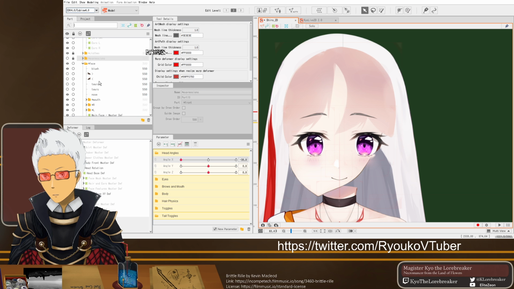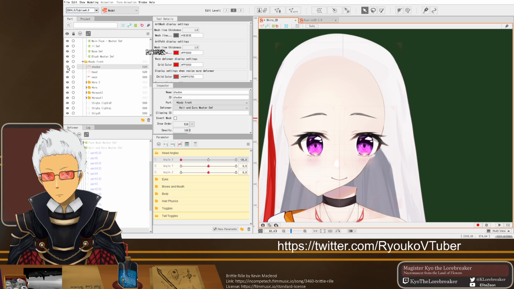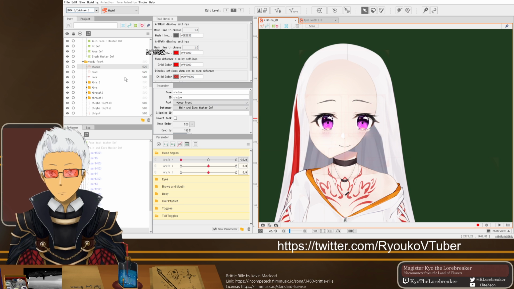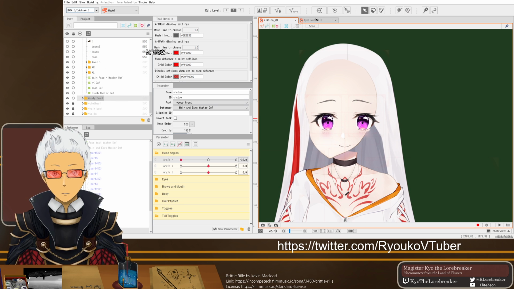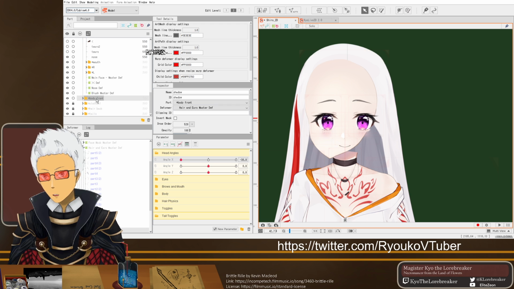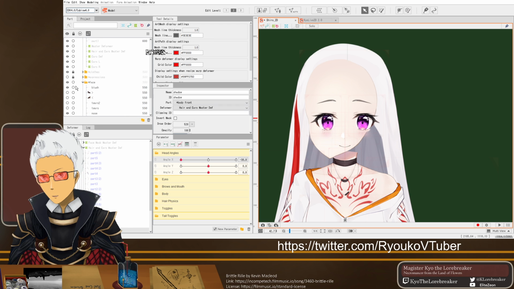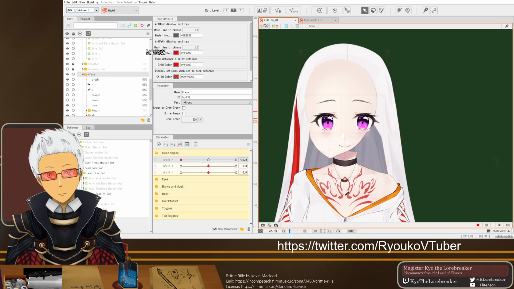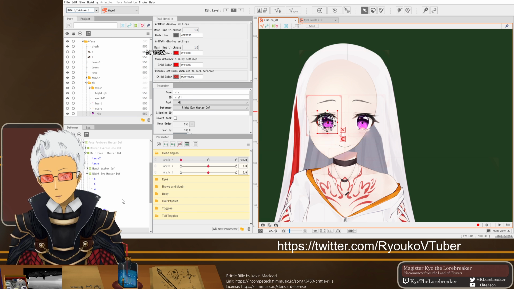Should be around here. Maybe it's part body. Here we go, shadow. So let's turn that off so we can see. Alright. And now I need to turn off the locks that I had on her arm parts. I just need to see it. Can I grab that? Yes, I can.